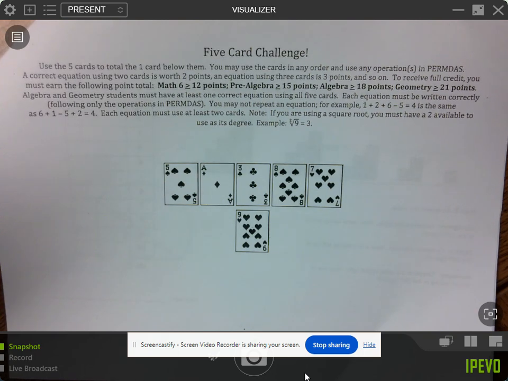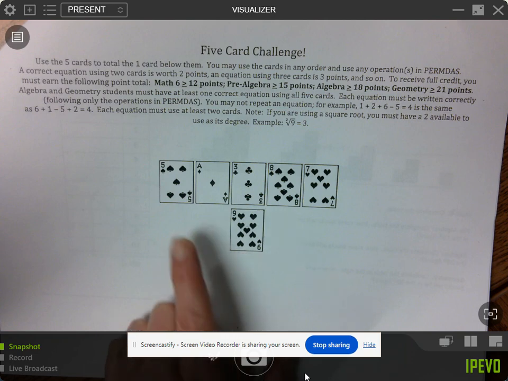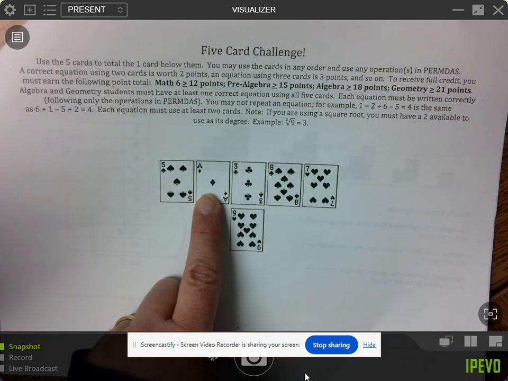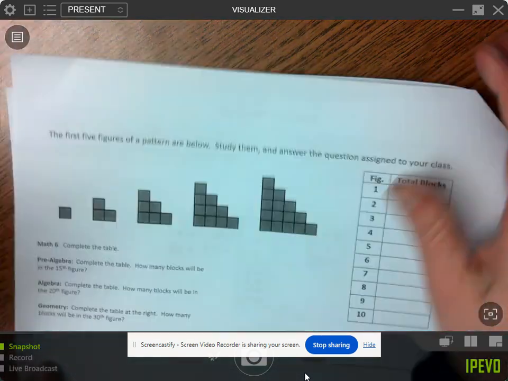Continuing on with our packets, we know the 5-card challenge, they need to equal 9. Remembering that an ace only has 1 diamond on it, so it's worth a 1 and not an 11 when we do the 5-card challenge. Next page is our